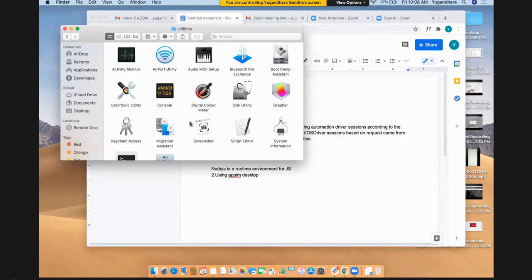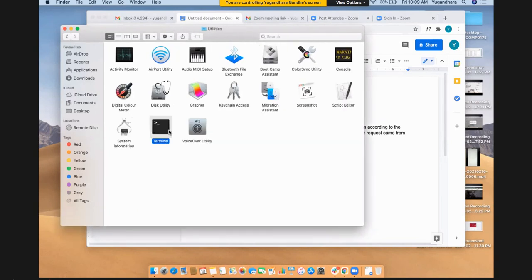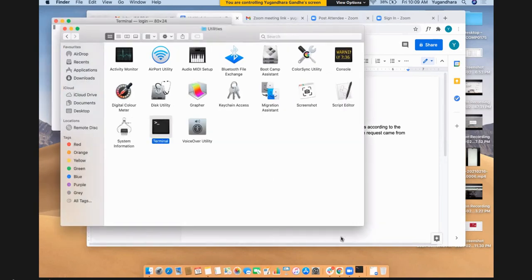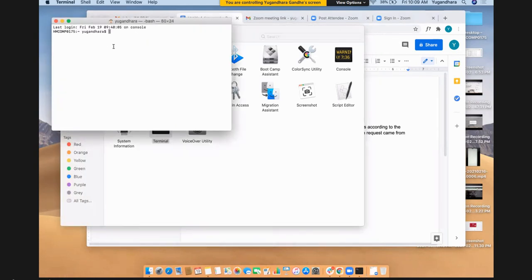Now we are going to see whether node is installed properly on our machine, as well as the npm node package manager. Before we have a look at that, we will also talk about the central repository here. So this is the terminal, and I'll just check node.